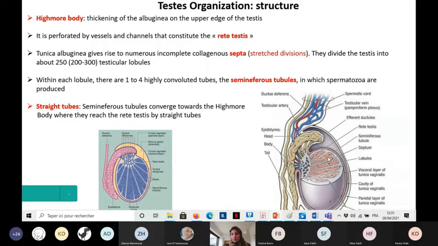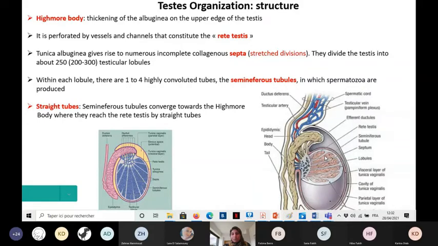The sperm cells will be formed inside of those tubules, and all the cells of the germ line are inside of those seminiferous tubules: spermatogonia, primary spermatocytes, secondary spermatocytes, spermatids, and spermatozoa are inside of those tubes and not outside. The Sertoli cells also are inside of those tubes, but the Leydig cells will be outside of the tubes,